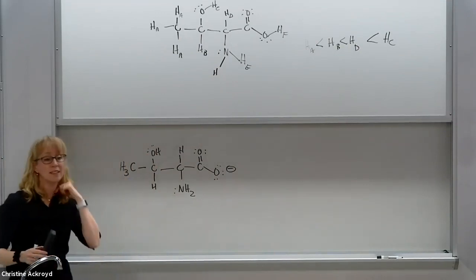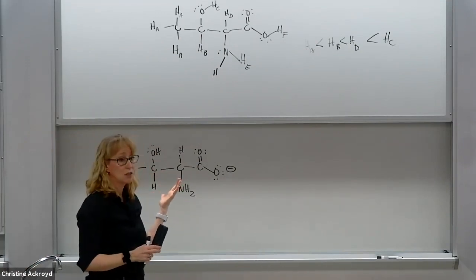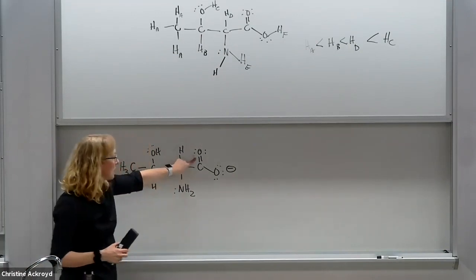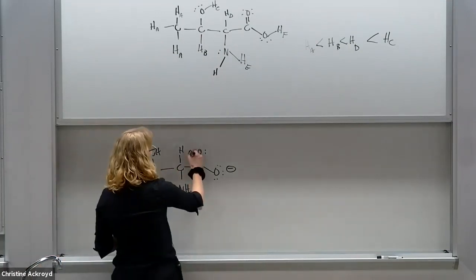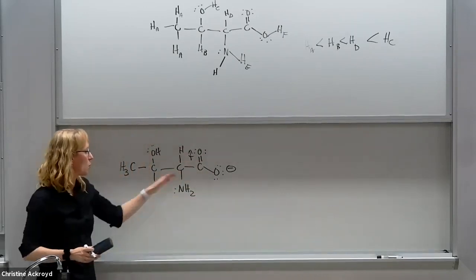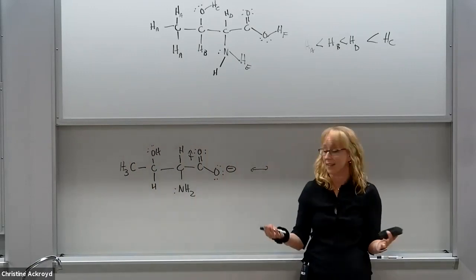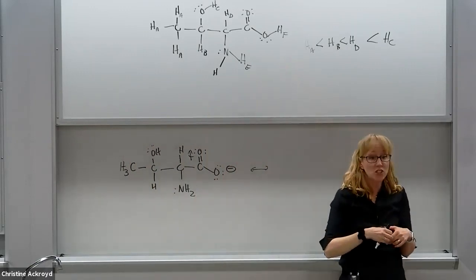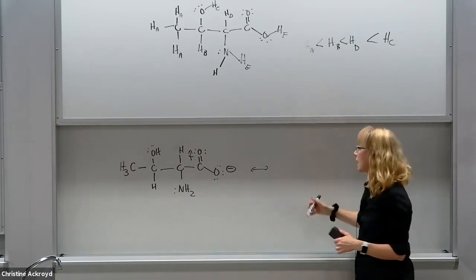Okay, we look for things that can stabilize a negative charge. One of them is induction. You could argue that there's some induction here because this is a polar bond, right? Pulling some of the negative charge away. But what else do we have here? All of those carboxylic acids, anything with a COOH group or a CO2H, all of them can do resonance.